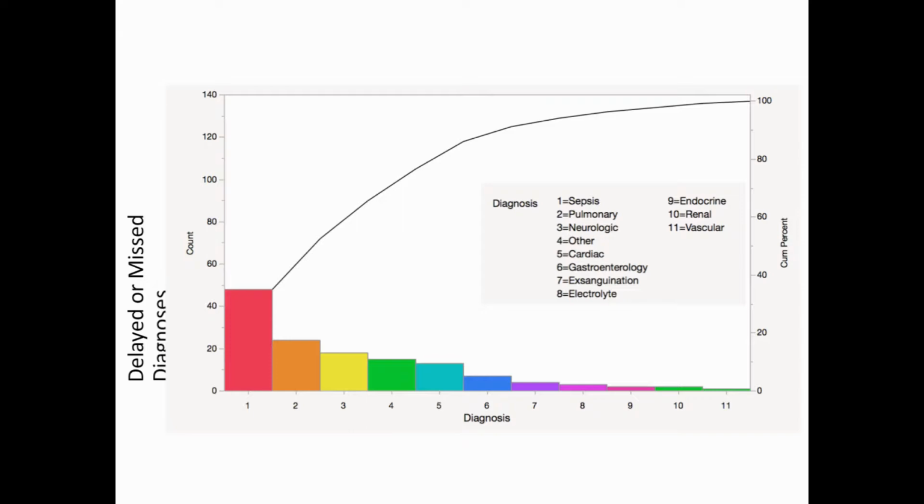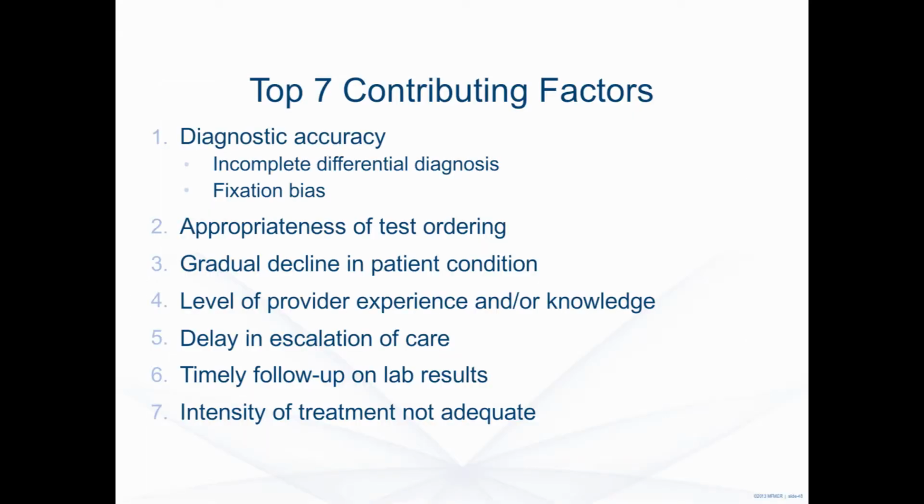But nationally, for those who are participating in the collaborative, it is sepsis as the primary missed or delayed diagnosis that leads to death. What are the contributing factors to that? That's the other fun part about this collaborative, getting into some of the contributing human factors that we've translated from the DoD aeronautical engineering space. One is diagnostic accuracy. That was the most common. And it was attributed to incomplete differential diagnoses and fixation bias, not unlike that mesenteric ischemia case I mentioned.